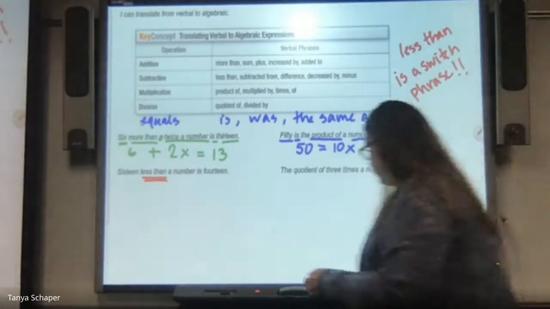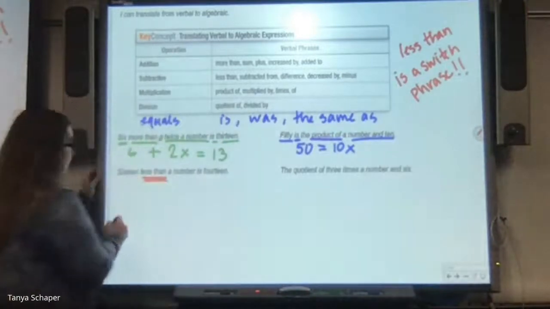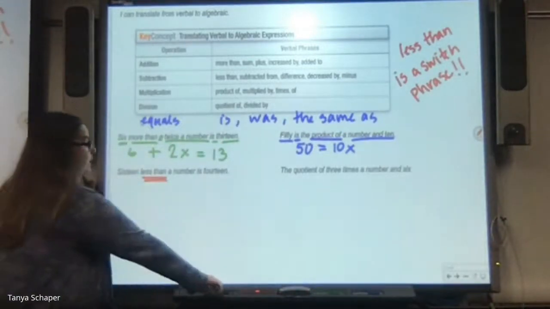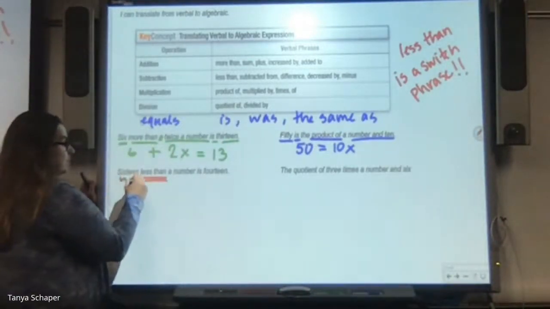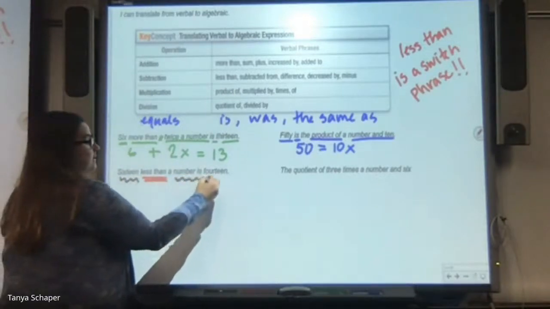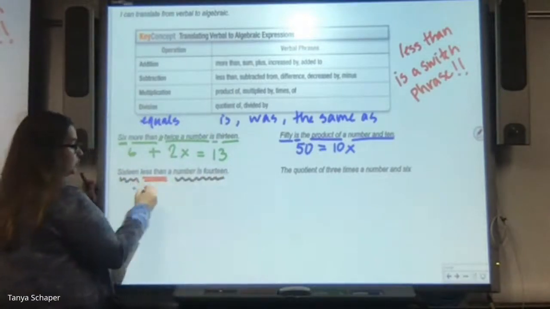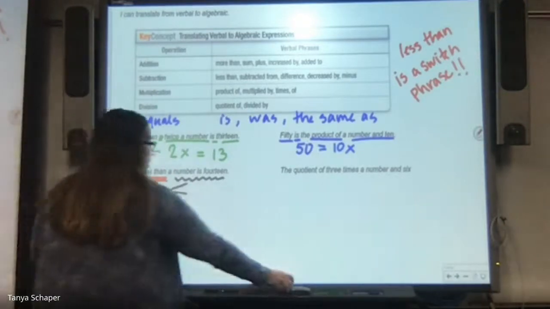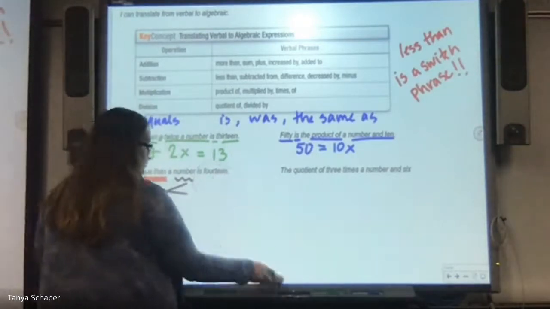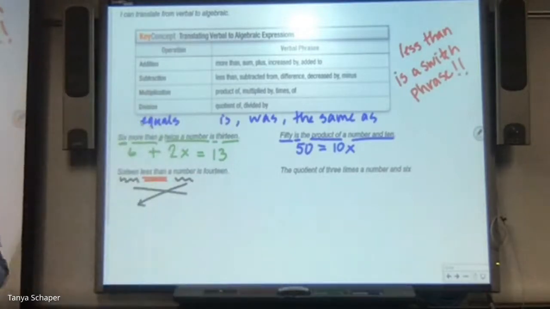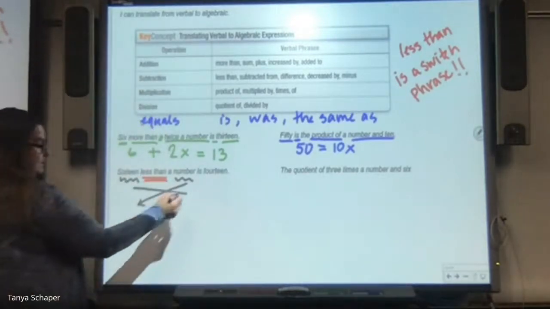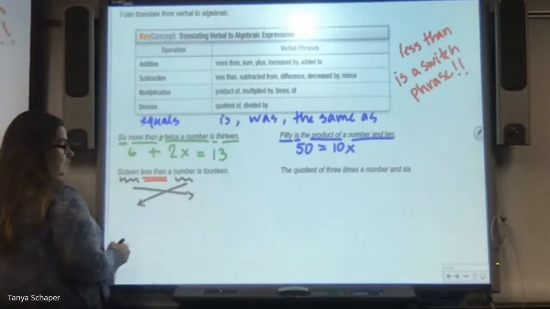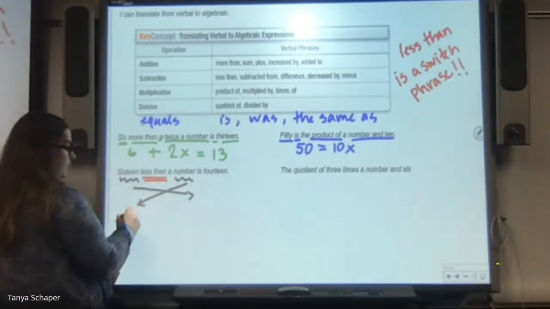What that means is we're going to take what's in front of it and what's behind it, and we're going to switch it. It's a switch phrase. So it's going to be a number less than is minus